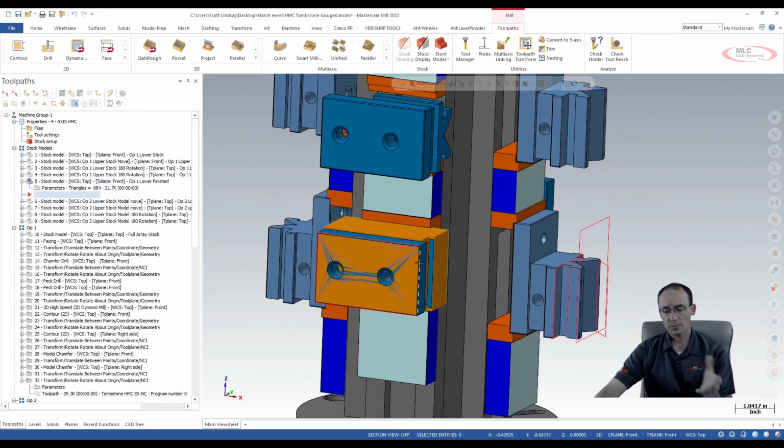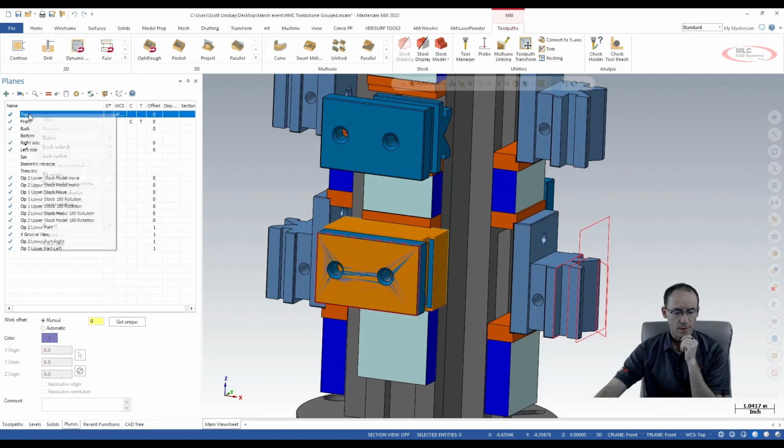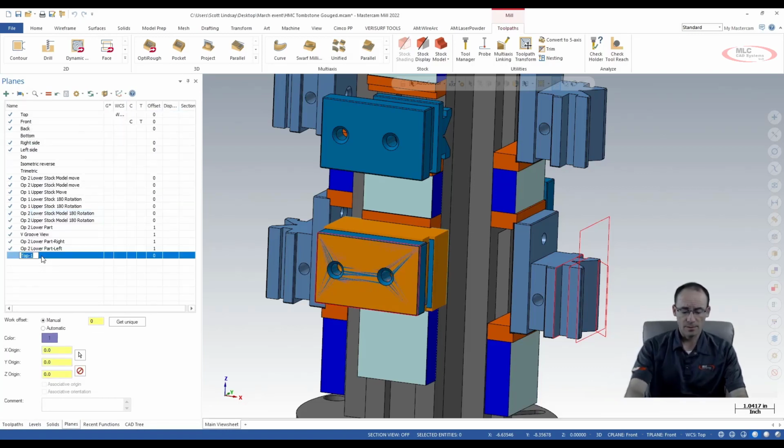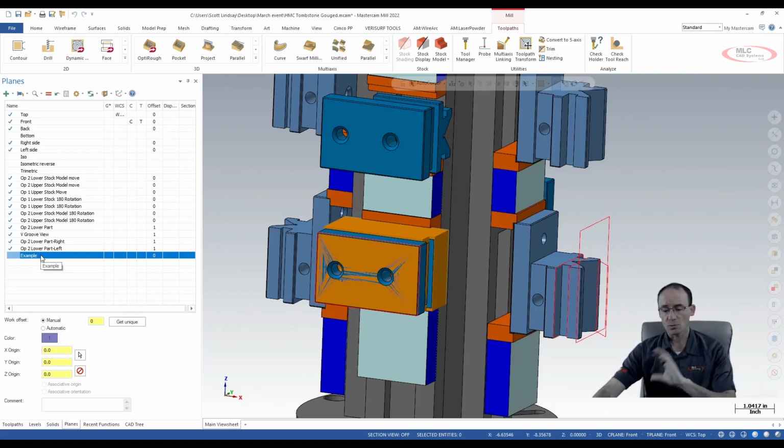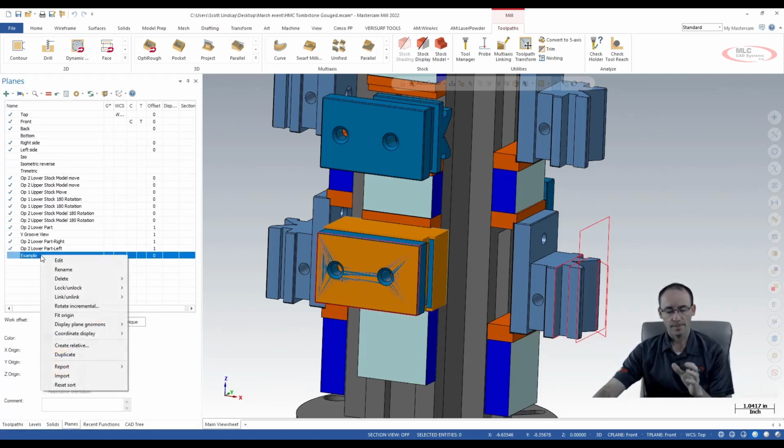Now I need to create my planes, and I need to rotate and translate the part around. Okay, so if I come in here to my planes and I do another duplicate of top, so I'm going to duplicate it, and I'm going to call this one example. So that's what I'm doing, right? So that's my thing, and I know for a fact that I need to rotate this thing, right? But I need to rotate it